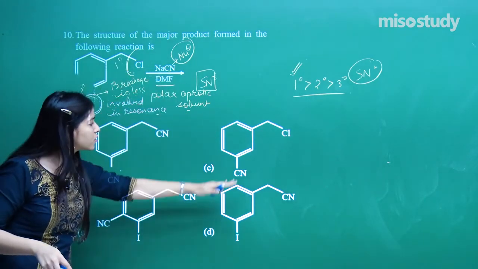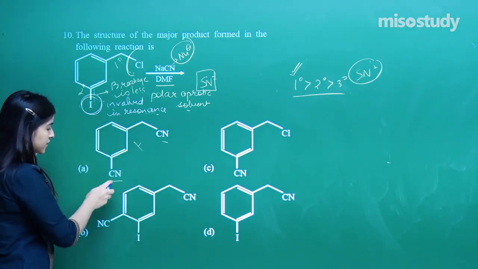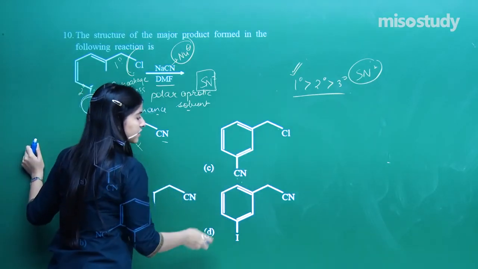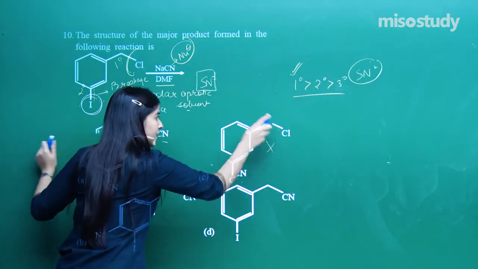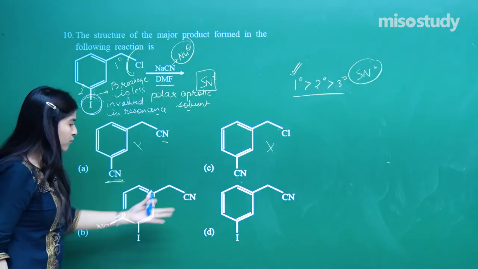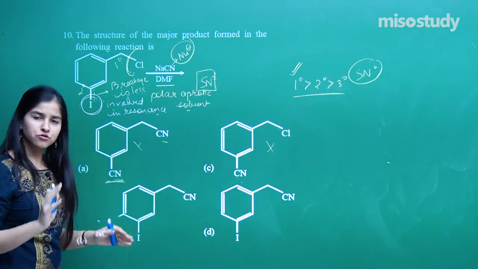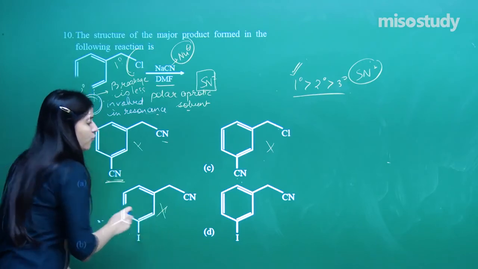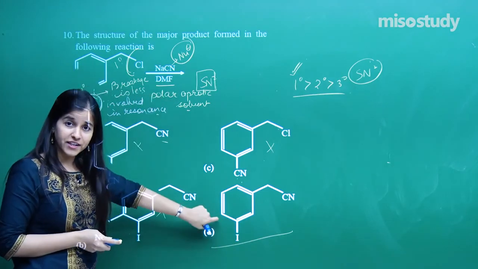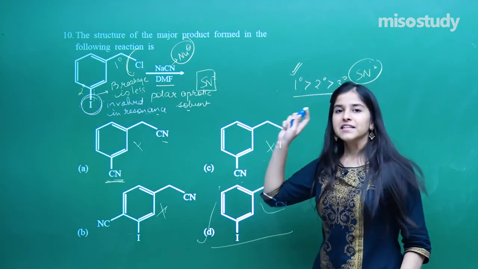So can I find any option over here? This is not an option because here we have got 2 CNs. I cannot have it. The substitution over here is not possible. If you look here, again not possible. Chlorine needs to get substituted. And if I look over here, again I have got 2 CNs bizarrely attached onto it. So it is also not possible. Considering all the facts, the right answer is this. So that is our option. Number D is the answer.